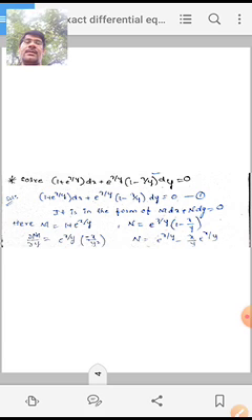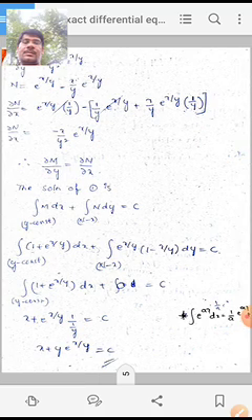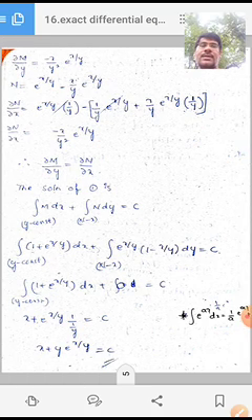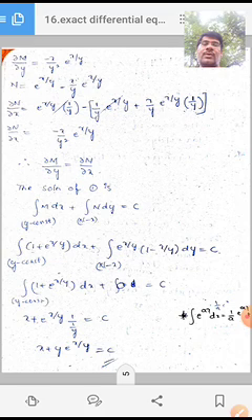We have to differentiate M with respect to y, that is e^(x/y) times minus x, where the derivative of 1/y is minus 1/y². ∂N/∂x: here we have to apply the uv method. e^(x/y) · 1/y − 1/y e^(x/y) + x/y e^(x/y) · 1/y. That is ∂N/∂x is equal to minus x/y² e^(x/y).